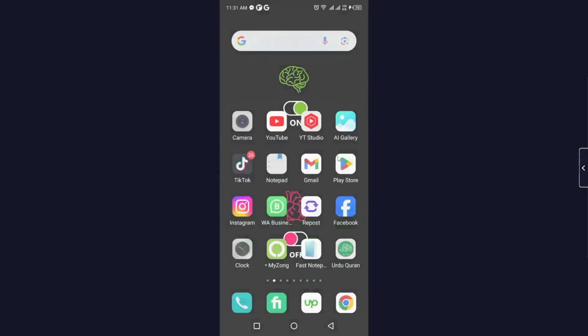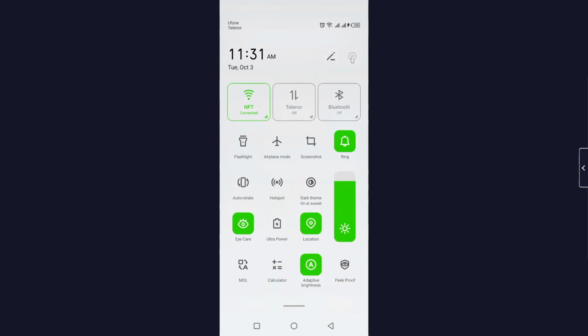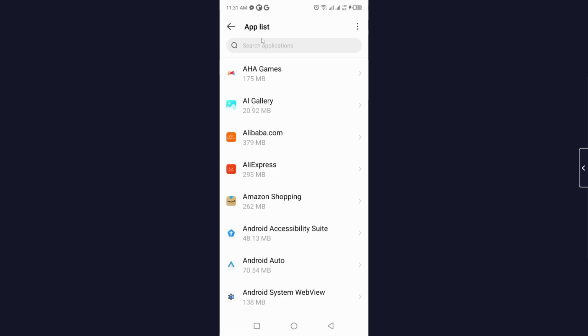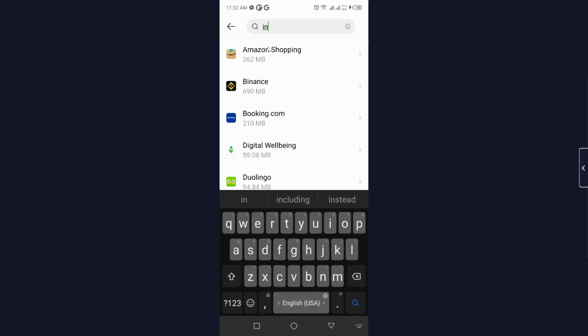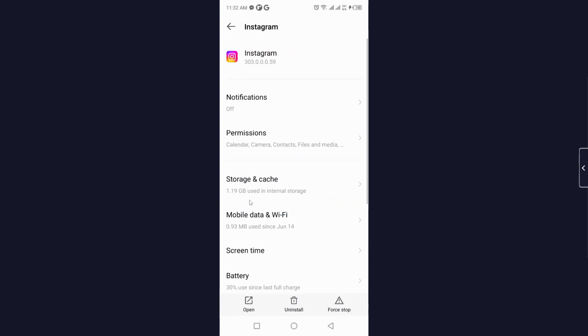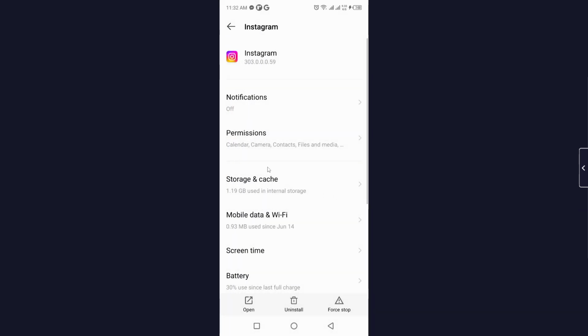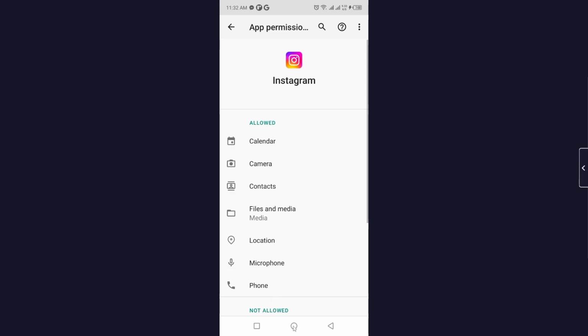So the first step you simply need to do is to open settings of your smartphone and go into the app management. Click on app list and search for the Instagram. Click on that. Then you simply need to click on storage and cache. The first step you need to clear cache, and after that you need to clear storage. Then you need to allow all permissions. So once you done that, you simply need to go back,